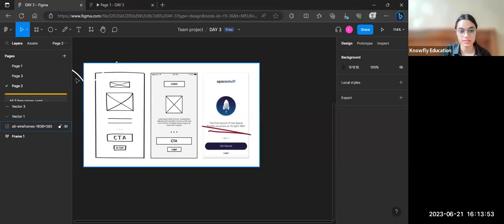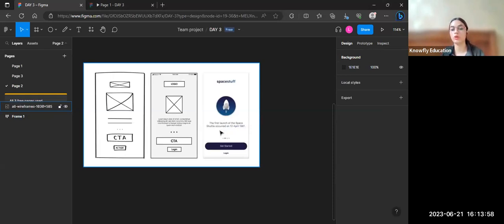Hopefully you guys understand. Just a few benefits that you guys would want to know about wireframing is it particularly saves a lot of time, because when you are